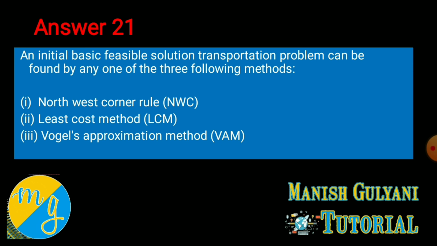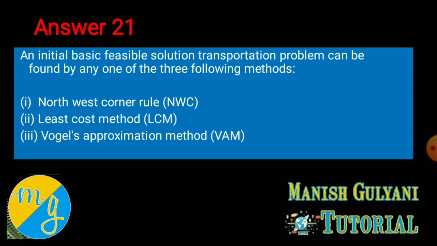Like under the northwest corner method, first step, start from the left side upper cell. Remember, select the upper left hand corner cell of the transportation problem and allocate as many units as possible, equal to the minimum between available supply and demand. Then adjust the supply and demand in the respective rows and columns. If the demand for the first cell is satisfied, then move horizontally. Means under this method you have to move zigzag.